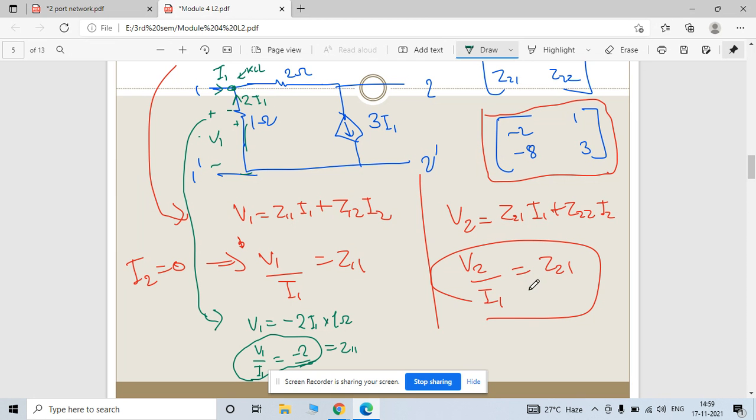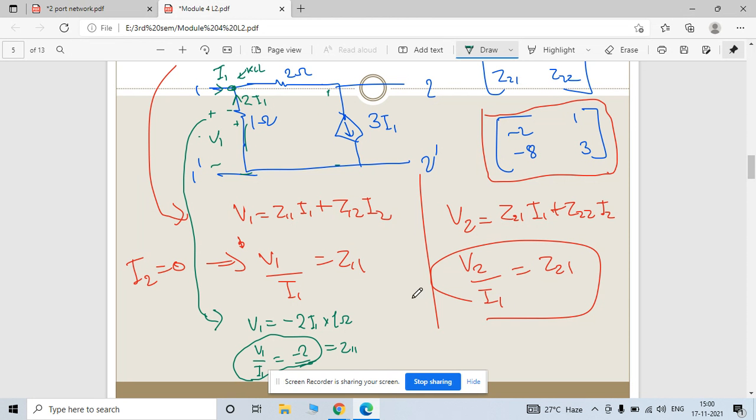And same way, when I take I2 equal to 0, what is the second term, meaning what is the voltage drop for this side? This side is the voltage drop across this terminal, right? So what is the actual voltage drop? Apply the voltage division rule here, so you can easily find it for this terminal.